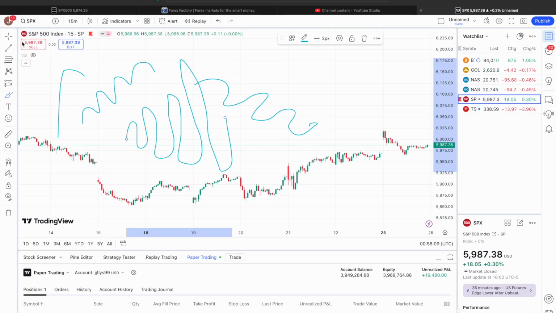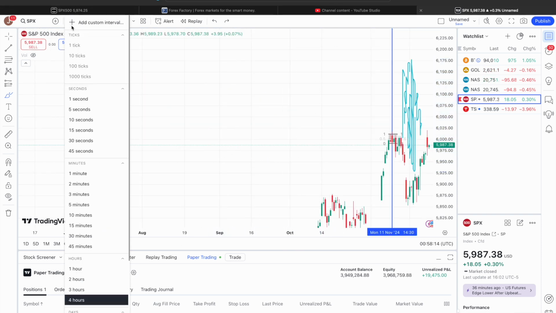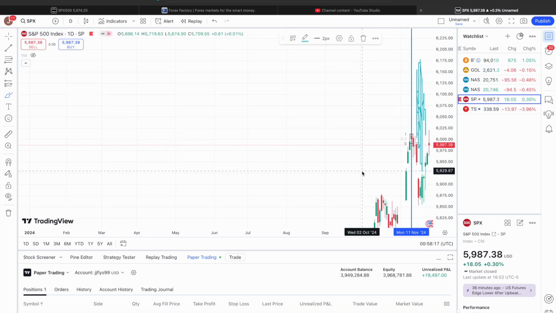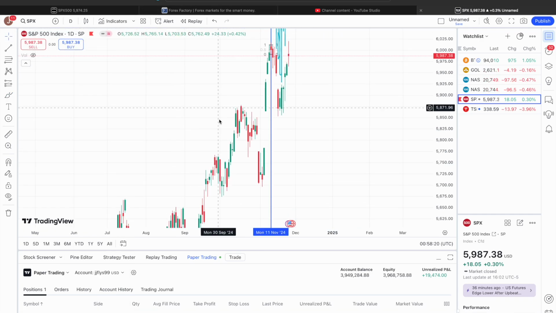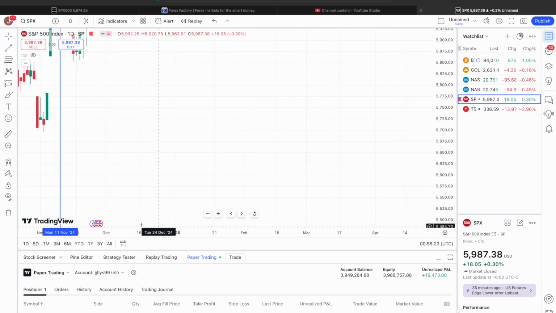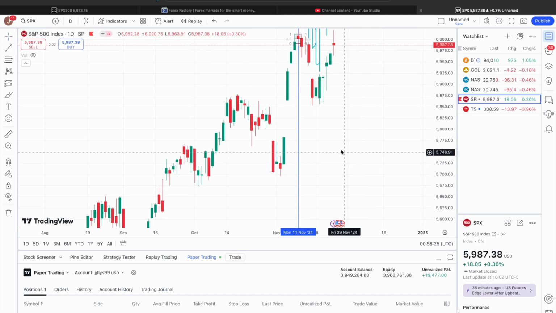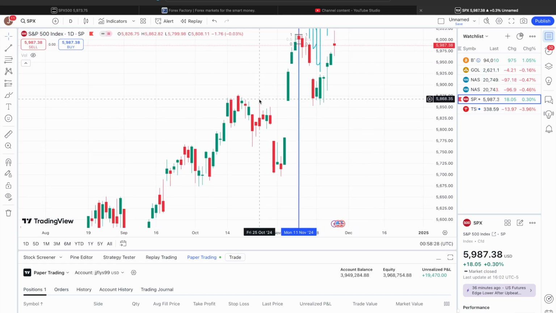So higher time frames hold higher powers. So if we go into the 4 hours, or let's go into the daily actually. So we can see here on the daily, see this, we have a high here, we got a move up, then a move down. Okay. And then we see this is a high. We see this, and it's a higher high. There's a high here, and there's another high, which is higher, and you can see it pushes past this, but